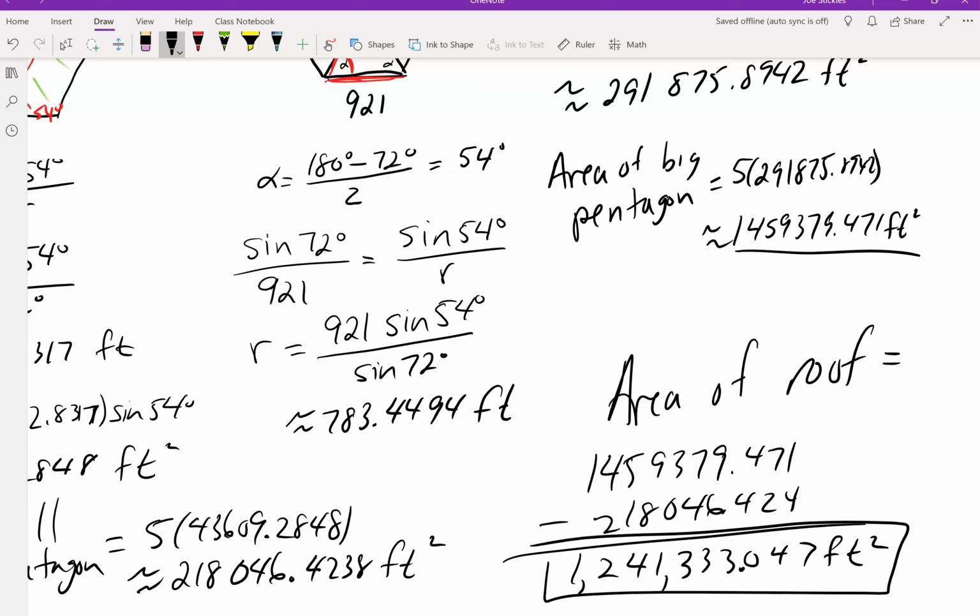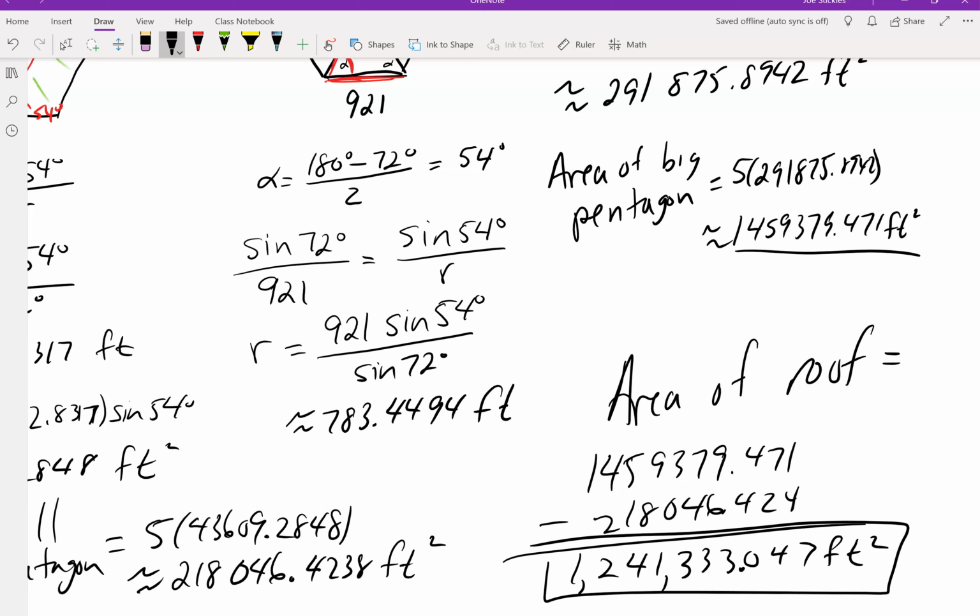This is a fairly easy number to check to see if it's plausible because the square footage of the Pentagon is a known number. You can go Google it and find out what that number is. So if you're really interested in knowing if that 1.24 million square feet is a plausible number for the square footage of the roof, you should go check the square footage of the Pentagon. Remember, you would be looking for the square footage of one floor, and I think the square footage is usually given to you by all the floors that it has. So, anyway,